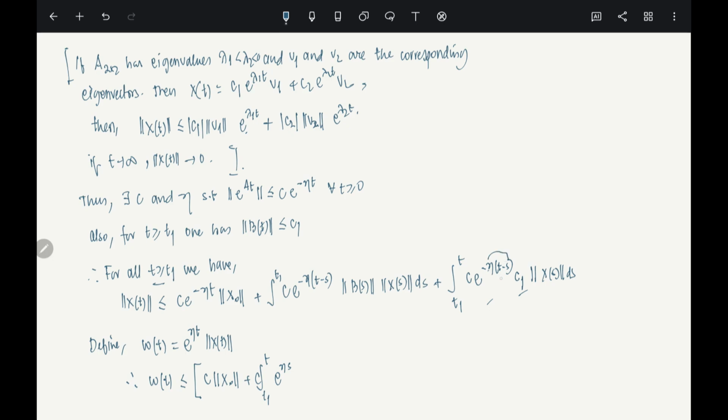So e to the power minus eta s comes here times b of s. I am looking for this term. Okay, so let me write it properly. b of s, x of s ds. So these two terms together plus